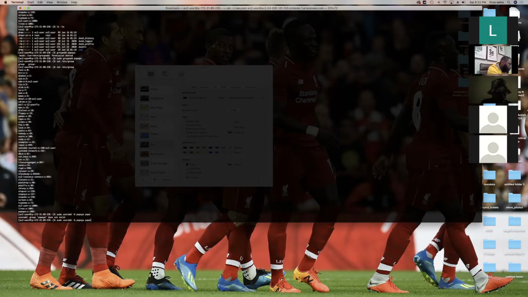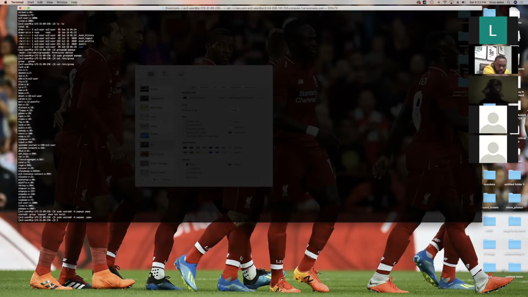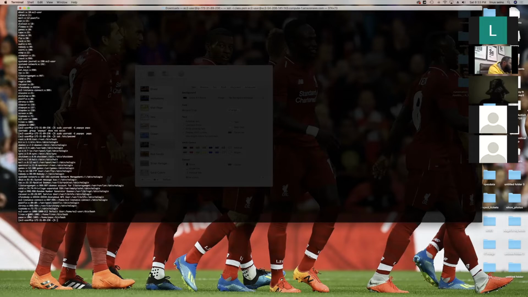Oh, the group, I made a mistake. It's not papaya, it's papapa. Okay, so now I added a user to my papapa group. If I cat my /etc/passwd file, I should see that user there, and I should also see that the user I just created has the GID of my group. And remember, if you cat the /etc/group file,